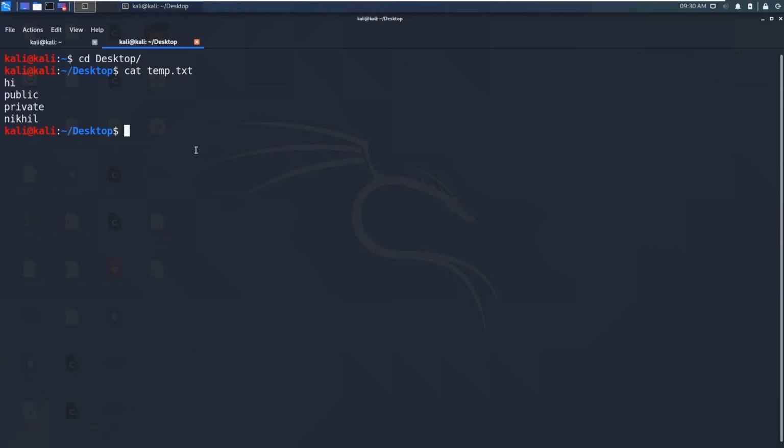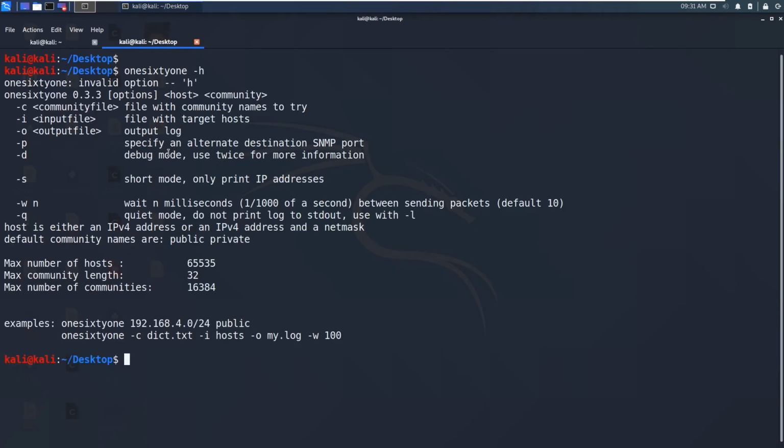Another tool I want to demonstrate is onesixtyone. This is a tool written separately for SNMP brute forcing. If I say onesixtyone -h, you need to specify -c, which is the community file, that is the wordlist file. There are some examples. With onesixtyone, you can also specify normal names, let's say public, and it will try public for this IP address range.